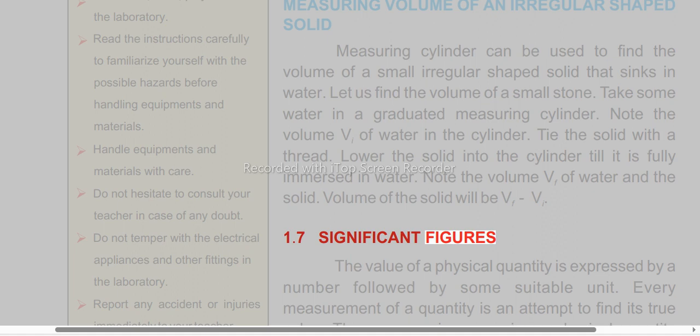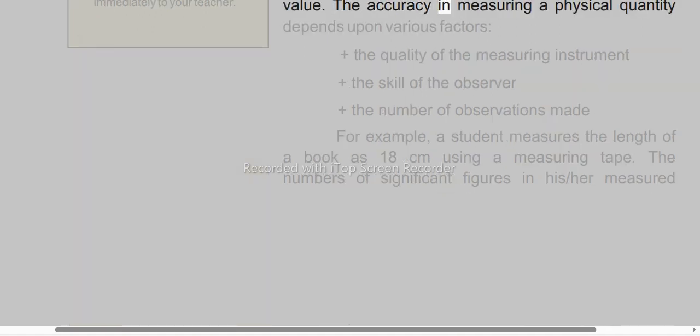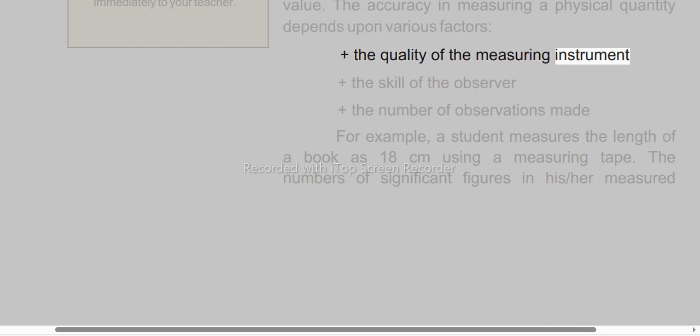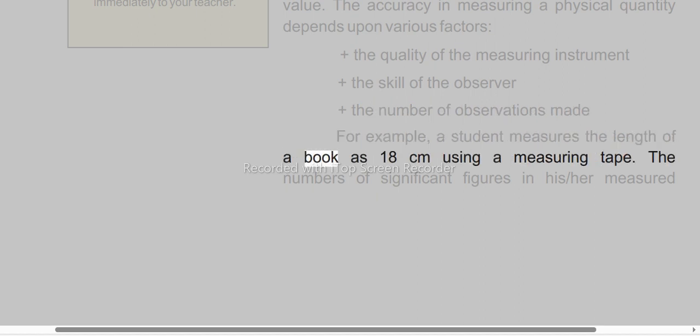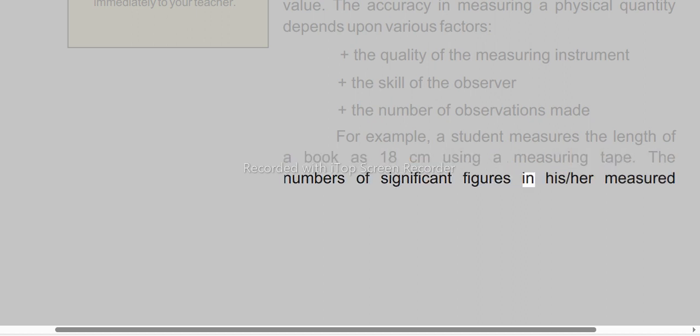1.7 Significant figures. The value of a physical quantity is expressed by a number followed by some suitable unit. Every measurement of a quantity is an attempt to find its true value. The accuracy in measuring a physical quantity depends upon various factors, plus the quality of the measuring instrument, plus the skill of the observer, plus the number of observations made. For example, a student measures the length of a book as 18 centimeters using a measuring tape. The number of significant figures in his or her measured